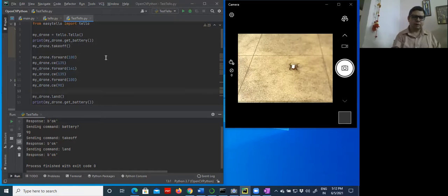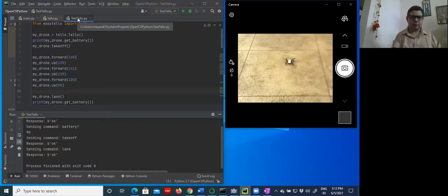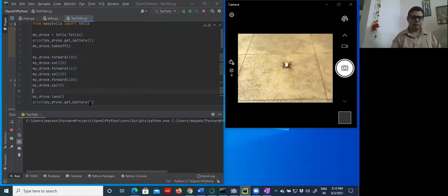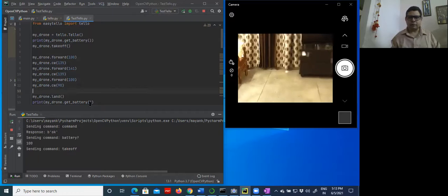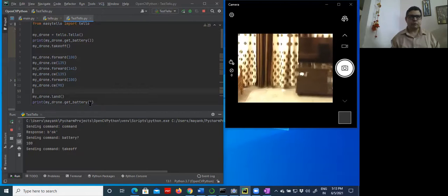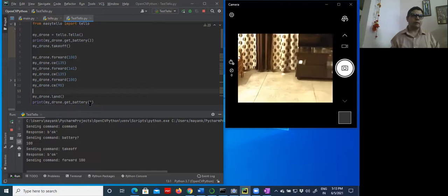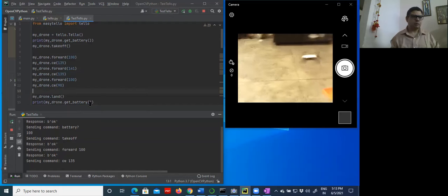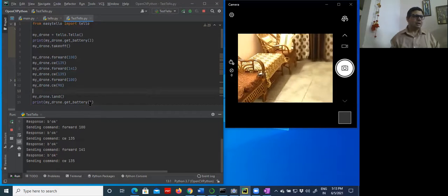So let us see after running this. The drone is already connected. Now I'm running this command. Yes, it is connected. You see the formation, it will go forward by 100 centimeter. Then 135 degree diagonally it has reached.